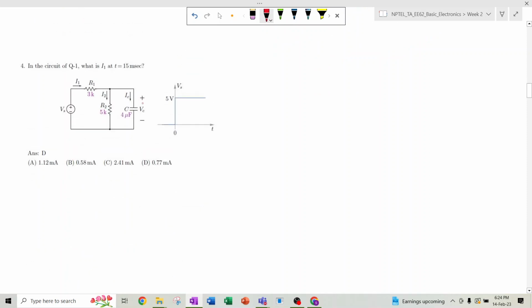Okay, so this part is very interesting. In this same circuit, what is I1 at a particular time, that is 15 millisecond? I1 is the current flowing through R1. Basically at t equal to 0 minus, it is given in the question that Vc(0-) is 0 volt. So at t equal to 0 plus, Vc(0+) will be the same as Vc(0-), which is 0 volt. And at time t equal to infinity,